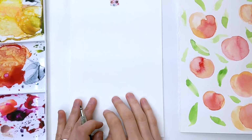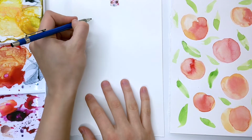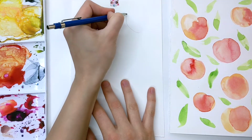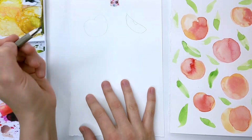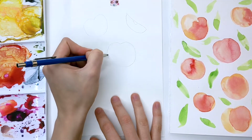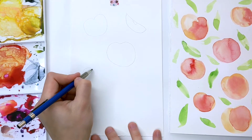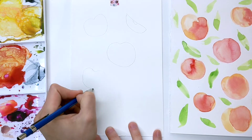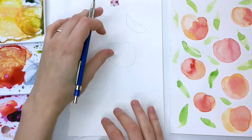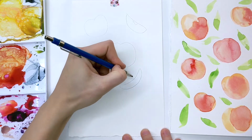For my peach pattern, I'm going to loosely base it on this loose sketch, but I'm going to pre-sketch out a few of my shapes, and I'm actually going to mix it up a little bit and add little peach slices in a few areas so they're not just round shapes. The way I'm loosely composing this is I'm playing around with the sizes of these. Some are a little larger, some are a little smaller, and then I'm just trying to alternate